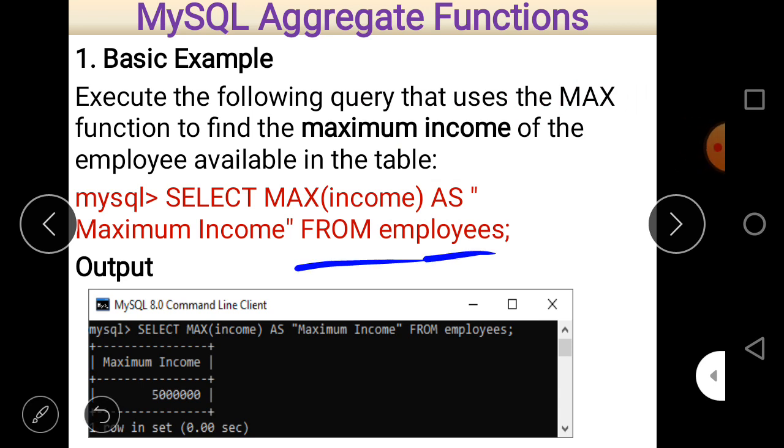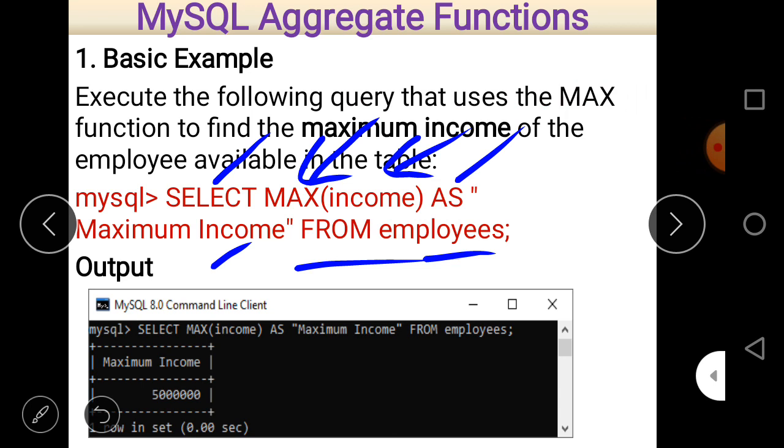First of all, just type select, then use the maximum function of course, and the column name, because we have to find the maximum income. So the column name is income here, and we just give the keyword as to give an alternative name for the column: maximum income.